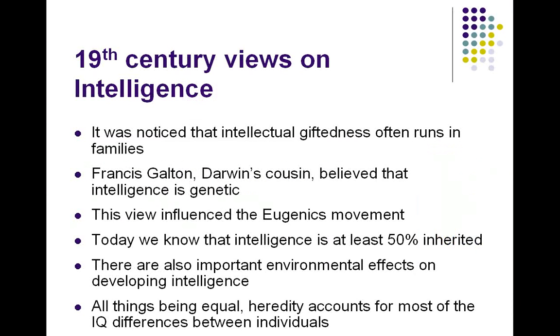So, in the 19th century, some views about intellectual giftedness, how it ran in families, became a popular idea. Francis Galton, a cousin of Darwin, believed that intelligence is genetic, and he believed that certain classes of people were superior to others. So his view influenced the eugenics movement, which was a movement